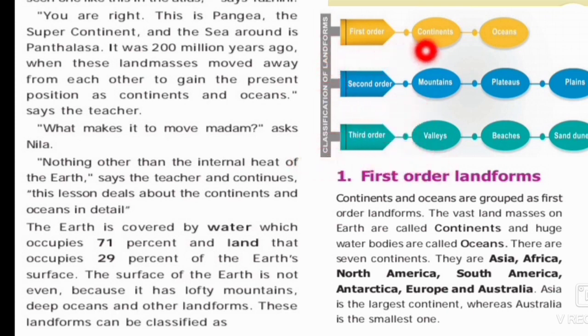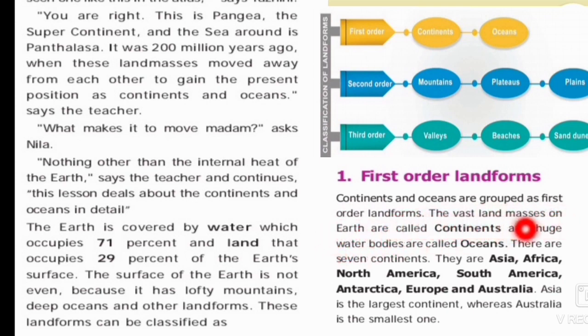First order landforms are continents and oceans. Second order landforms are mountains, plateaus and plains. Third order landforms are valleys, beaches and sand dunes. Continents and oceans are grouped as first order landforms.